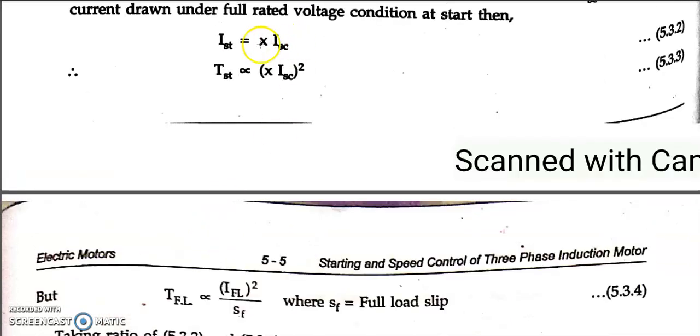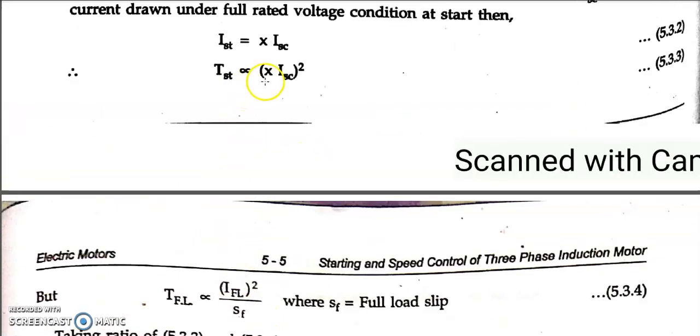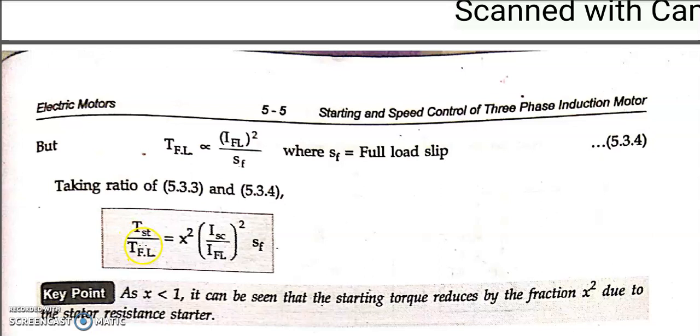So I'm going to divide T start by T full load. If I divide, it will be X square ISC square by IFL square, and SF goes to the top, so SF into X square ISC square divided by IFL square. So this is the relation between starting torque and full load torque. And make sure X is always less than 1. It can't be more than 1, because if it is more,